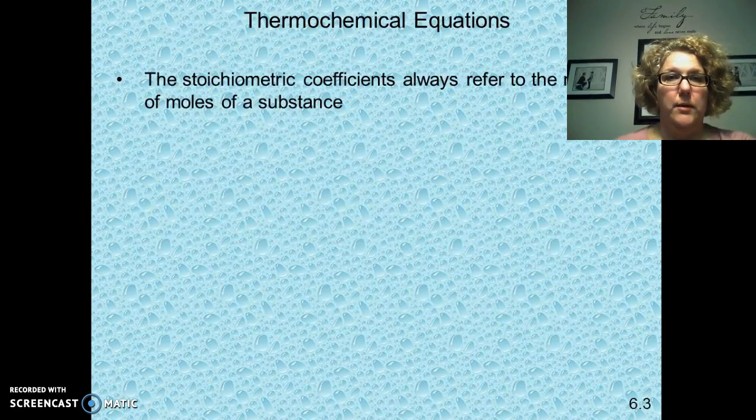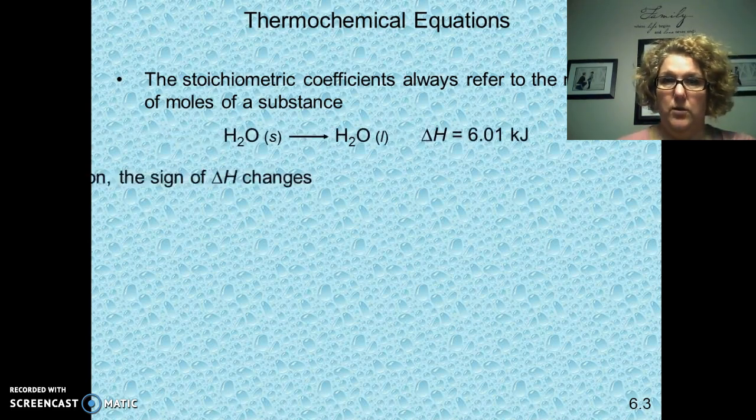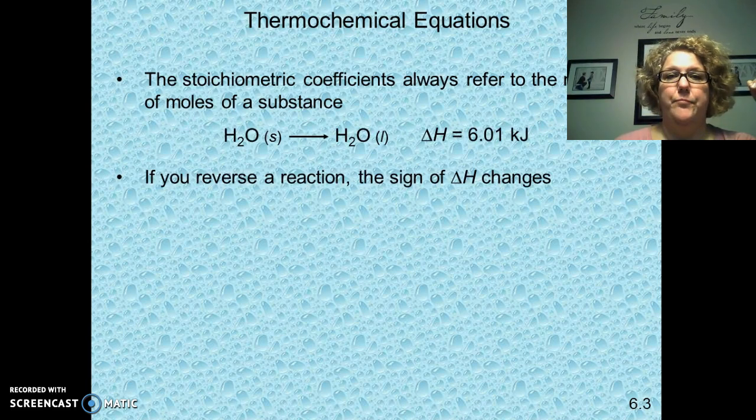Okay, so thermochemical equations. We can use those stoichiometric coefficients, right, the numbers we use to balance it. We use those to refer to the number of moles of a substance. That's not a new thing for us. So right here, this is just melting an ice cube, okay? Turning solid water, ice, into liquid water. That takes 6 kilojoules of energy, has to be added, so there's a positive. We don't write the positive, you don't have to write the positive, but it's implied that it's positive,